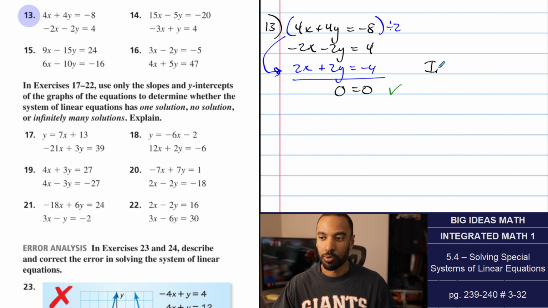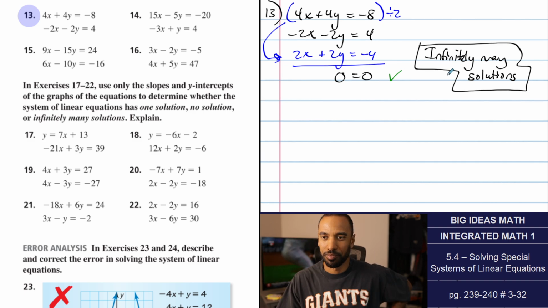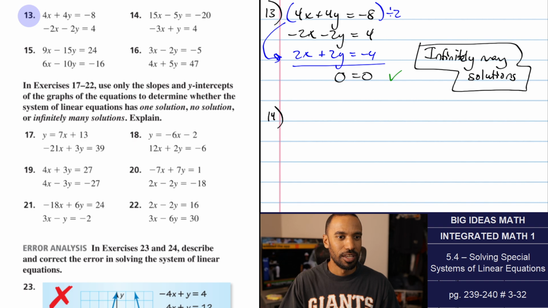I'm shocked. I'm surprised that this was a thing that occurred in this section, right? Infinitely many solutions. There was no possible way that this was going to be one of 2 outcomes. I guess 3 outcomes, but how often is one solution going to appear? Watch number 14, one solution appears. On number 14,